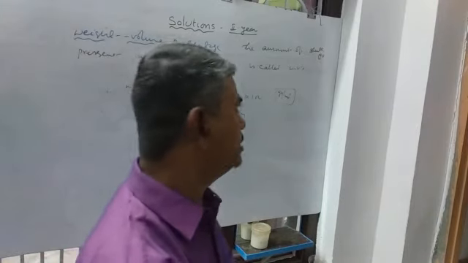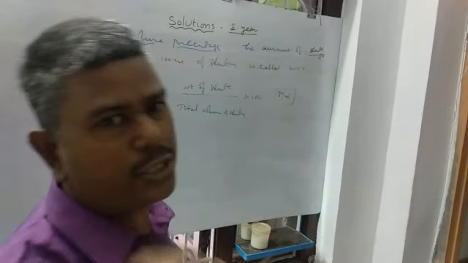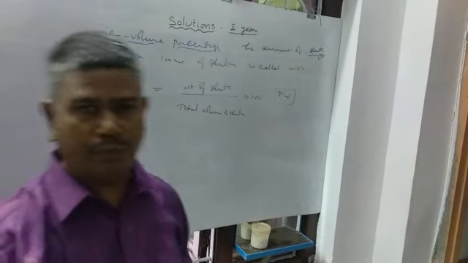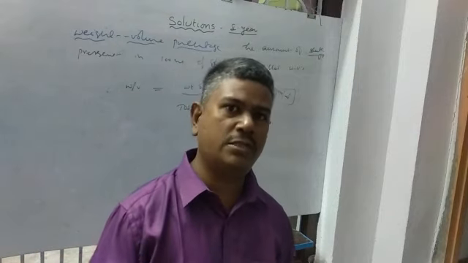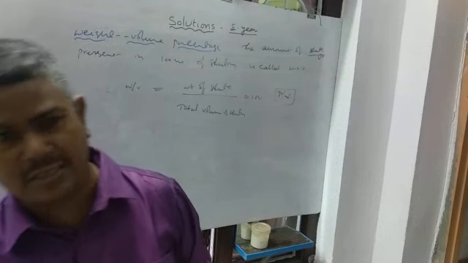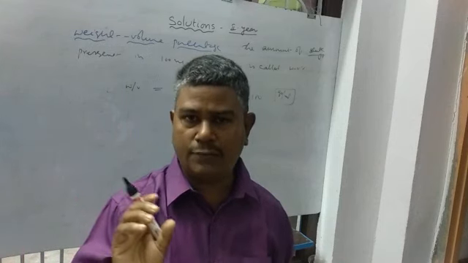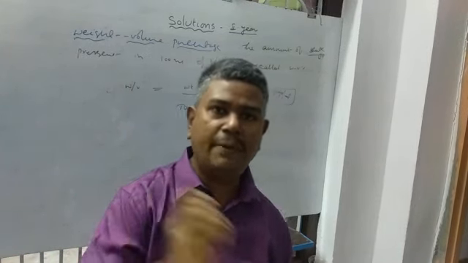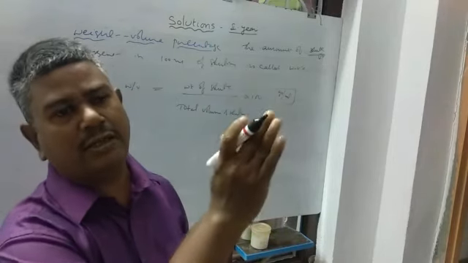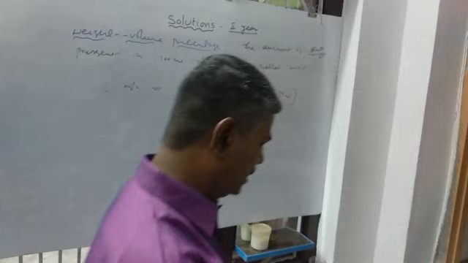Here, every time what we discussed, the chief component is the solute. How much solute is present in a given solution, that is termed concentration. So in mass percentage, volume percentage, and weight volume percentage, these three expressions of concentration, every time we discuss the amount of solute only. Am I right? So the amount of solute present in a solution depends on the concentration. If the solute percentage increases, the concentration of the solution also increases. Clear?